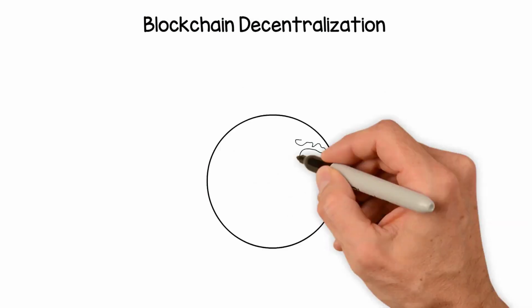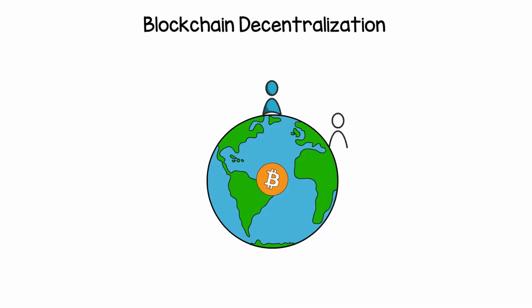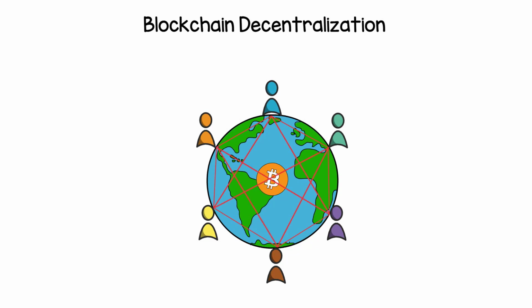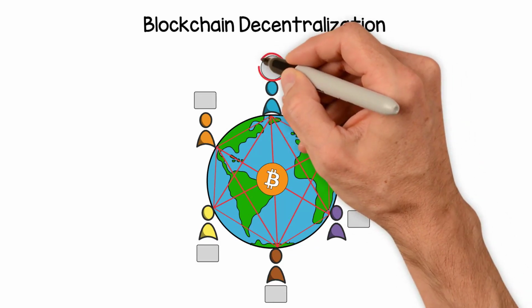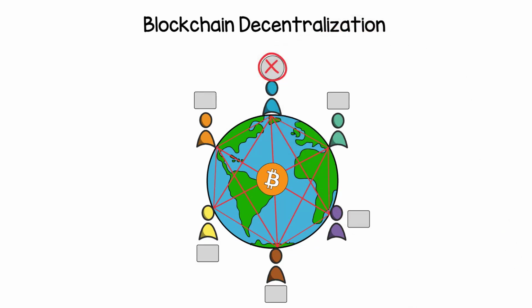Blockchain decentralization. What a blockchain does is to allow the data held in that database to be spread out among several network nodes at various locations. This not only creates redundancy but also maintains the fidelity of the data stored therein. If somebody tries to alter a record at one instance of the database, the other nodes would not be altered and thus would prevent a bad actor from doing so.